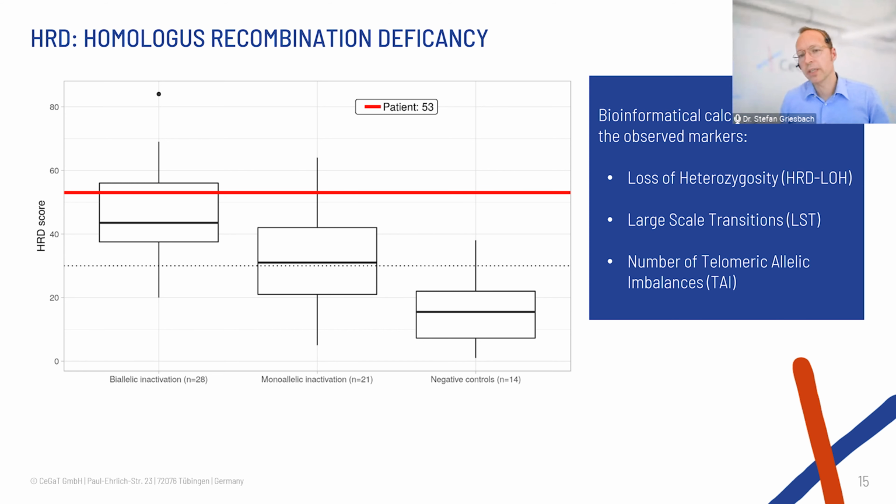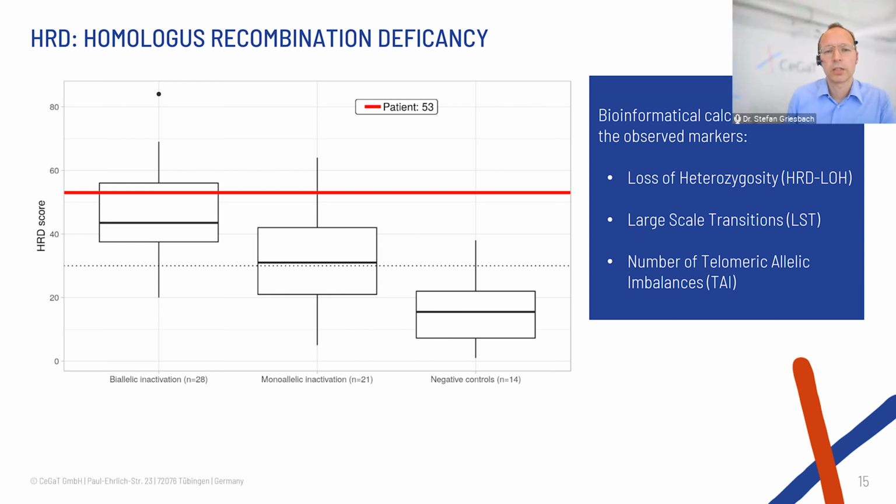That is virtually like the follow-up on the BRCA phenotype. And here also we look on a global scale on changes. We look for loss of heterozygosity. We look for large-scale transitions, and we look up the number of telomeric allelic imbalances, and we determined that also